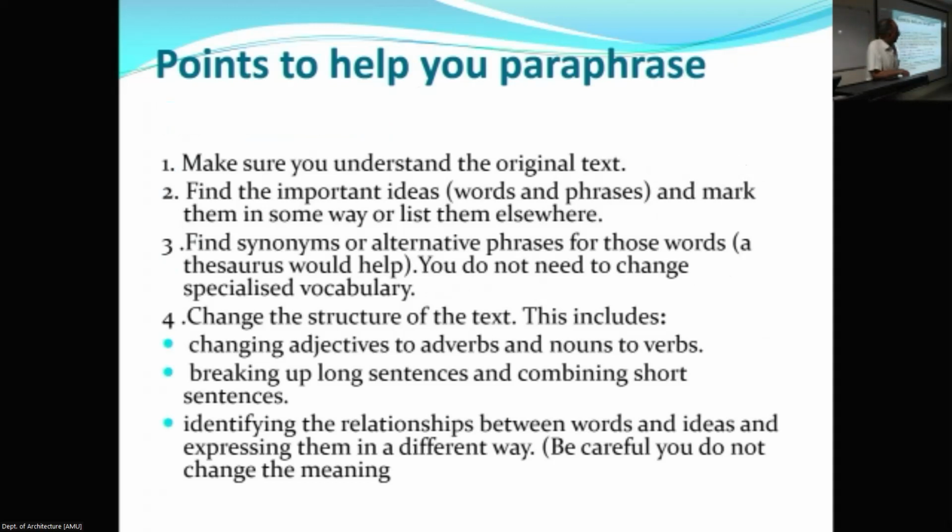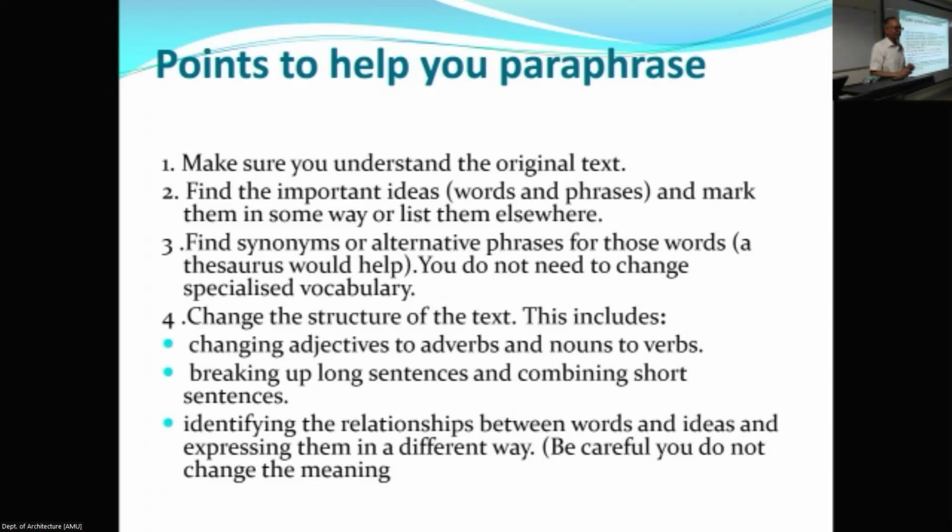When you are paraphrasing, the first thing is that you should understand the text, number one. Then mark the important words, even in an electronic document you can mark them. You can find synonyms or alternative phrases. Please remember one thing: you cannot replace jargon, because every discipline has it, for example,